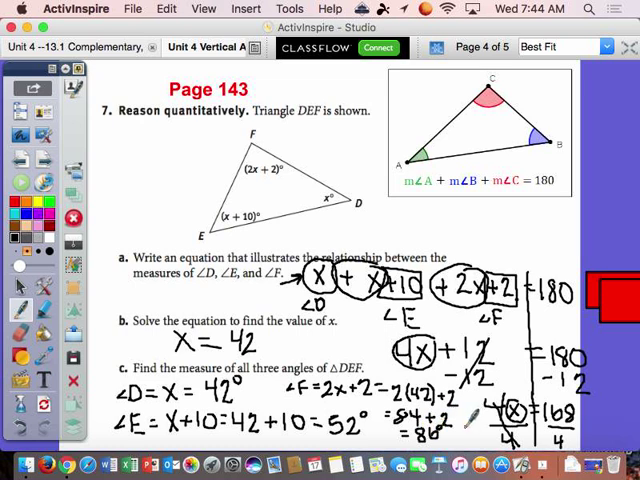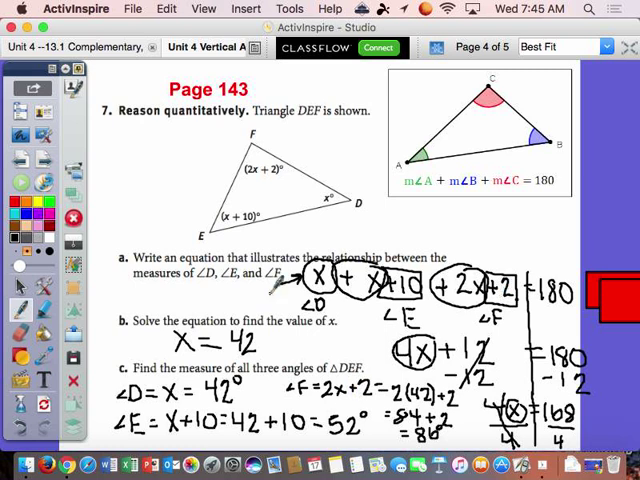All right? And again, if you go back and take 42, add it to 52, and add it to 86, you should end up with 180 degrees. If it does not work out when you check like that, then you know you did something wrong. So this is a really good way to check yourself. Maybe you're struggling with the two-step equations, or maybe you didn't combine like terms right or set it up right,